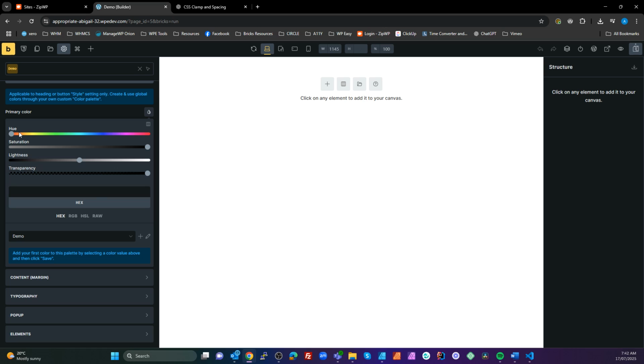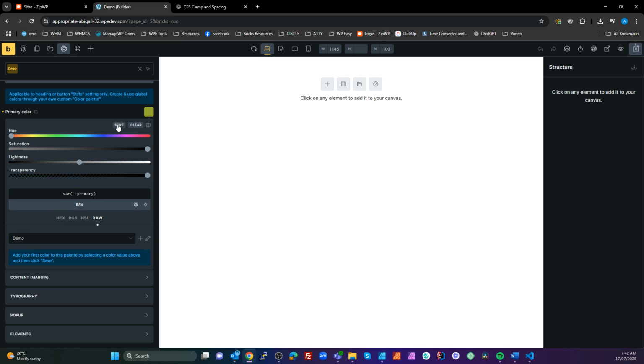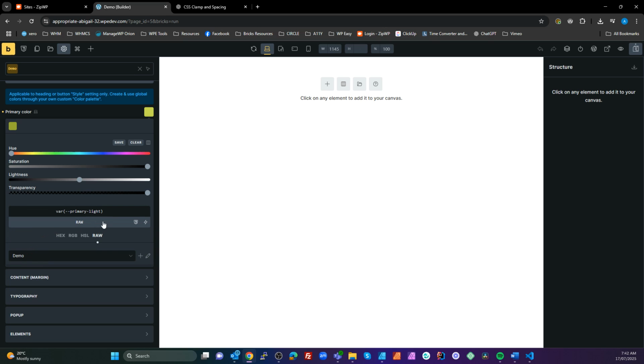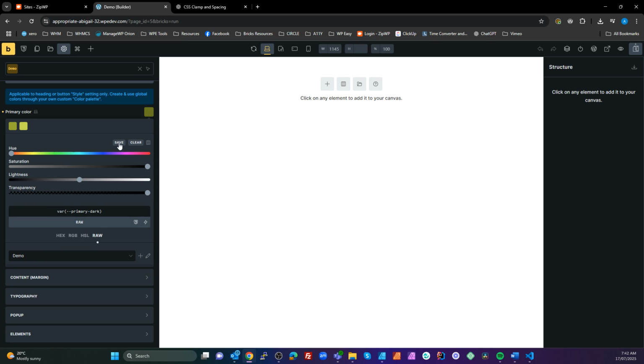Now, instead of using these hue sliders, we go to our raw, and we're going to use the variables that we created. So we're going to use primary. Here's our primary. Okay, hit save. There's our primary light, so this is pulling that from the variables that we created. I'll just go through each of these. Primary dark, save, secondary,